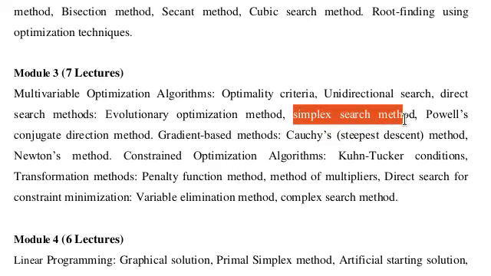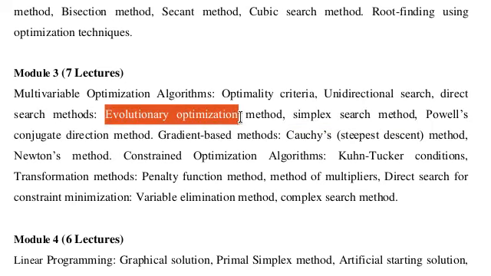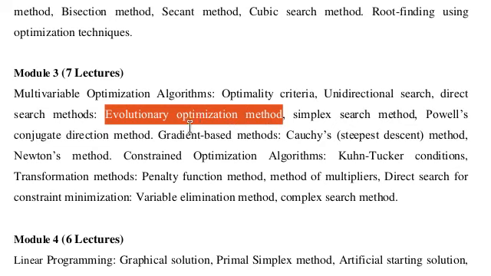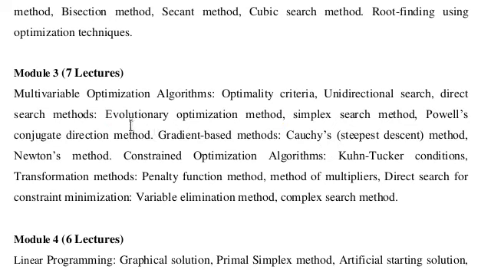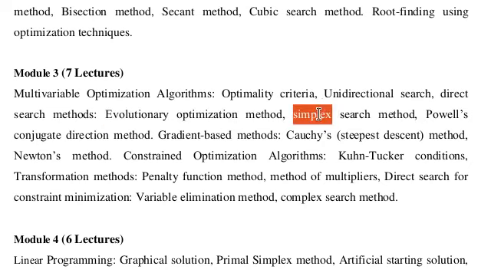Okay, so in this direct search method we had completed this simplex search method, and the evolutionary optimization method you can search on the net, because we will not have any numerical based on this. If you are interested in these methods, you can search the net, because it is based upon just like biological organisms propagate on the earth, the same kind of copy has been done in this method.